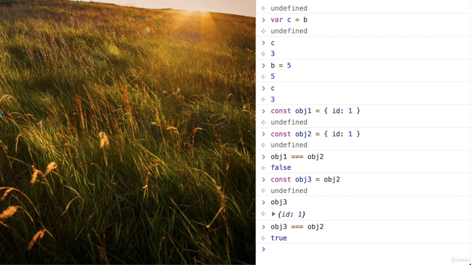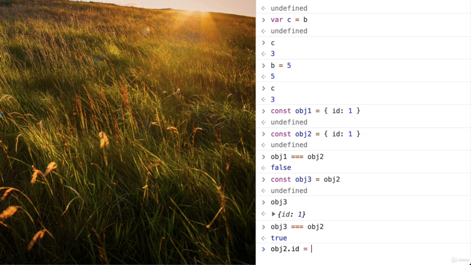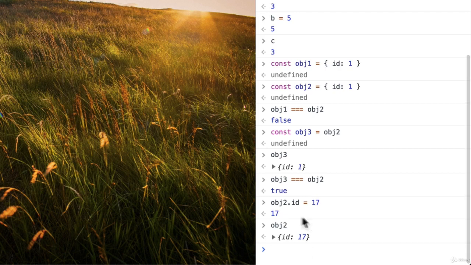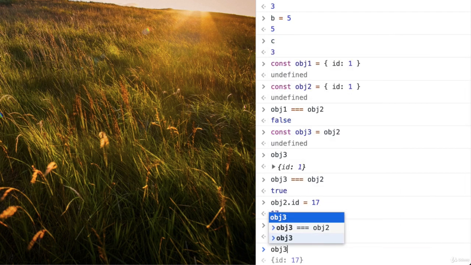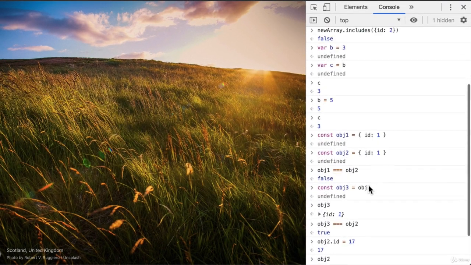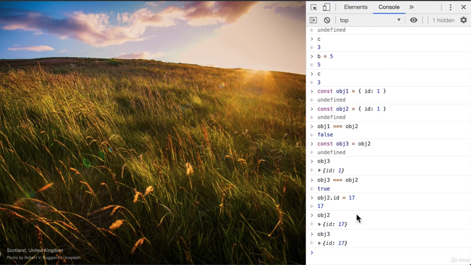Now, the interesting thing about objects is that if we change the properties on them, if we add them or modify them, they'll always point to the same object reference in memory. So if I were to do object2.id equals 17, well, now object2 is ID 17, but object3, you'll see, still points to the same object in memory. So that would be how we would get our includes to work, is we would actually do